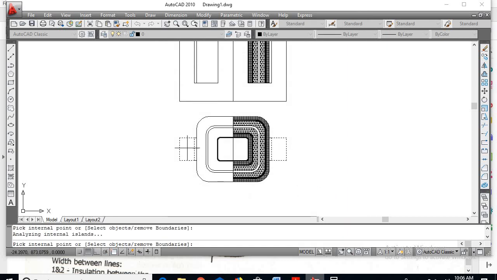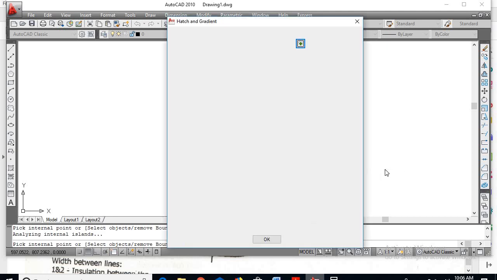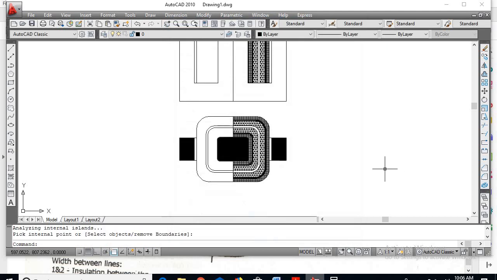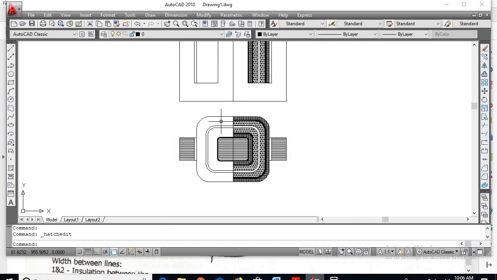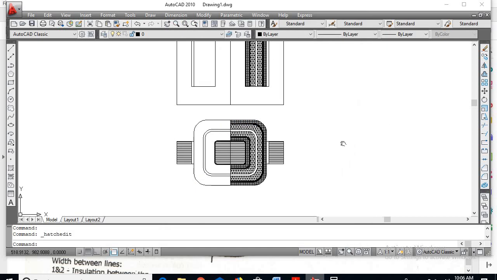This is the outer leg, here is the central leg. Say OK. So double click, increase the scale as 25, enter. So this completes the diagram.